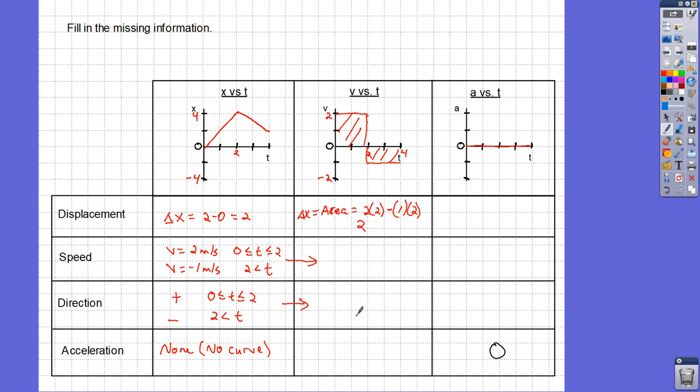And the acceleration, again, there is none because there's no curve. So our acceleration graph would look like this. So I'm not going to be concerned about finding displacement or speed or direction from that graph. You can't really do that. Okay, the next slide